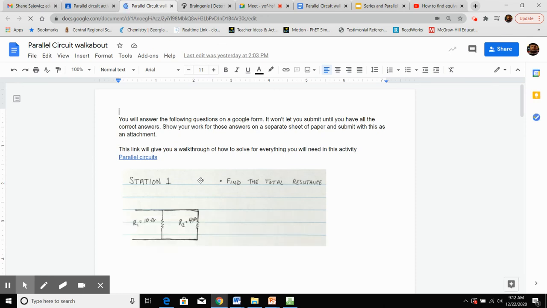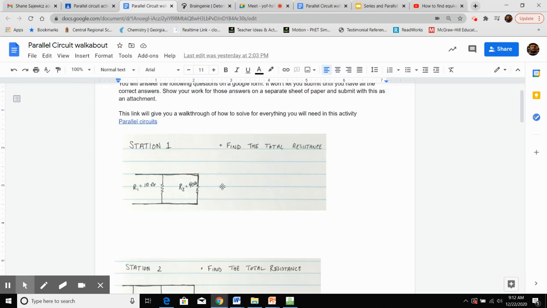Normally, if this was a normal class, I'd have these problems drawn across the room, and you'd have to go to one, solve it, and get the right answer in order to go on to the next one. But we don't have that option right now. So you have these circuit diagrams, and they're only asking you to find the total resistance, just like what we were doing. Find the total resistance, and then in the Google Form,